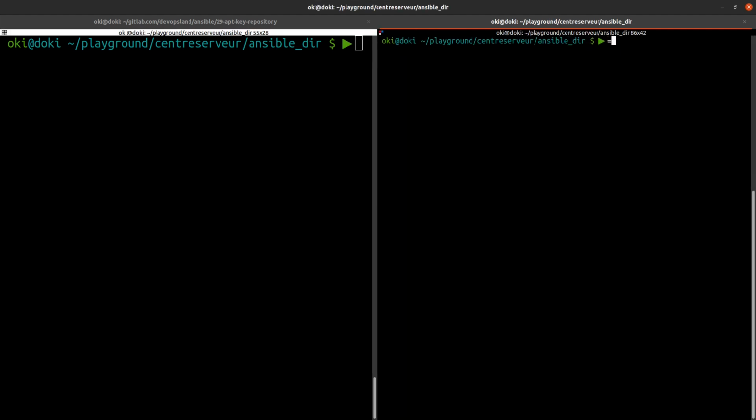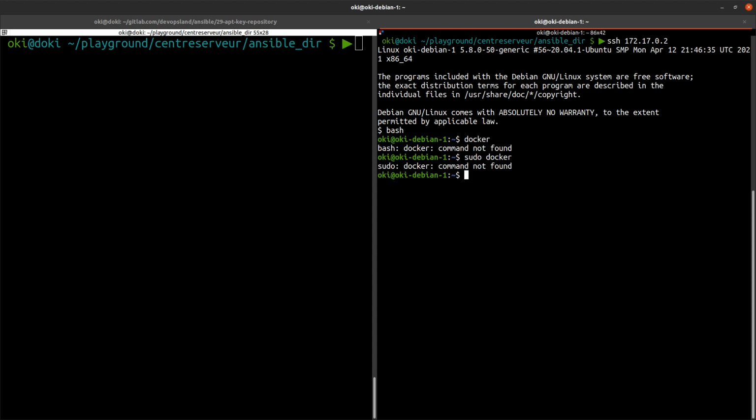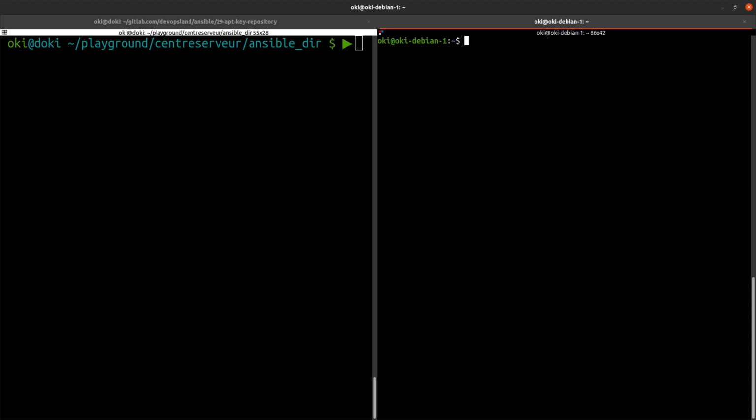I want to show you, I can connect to one of these two servers, for example 172.17.0.2, and if I check whether I have Docker, I don't. I don't have Docker on my virtual machine. So now I want to install Docker on it.